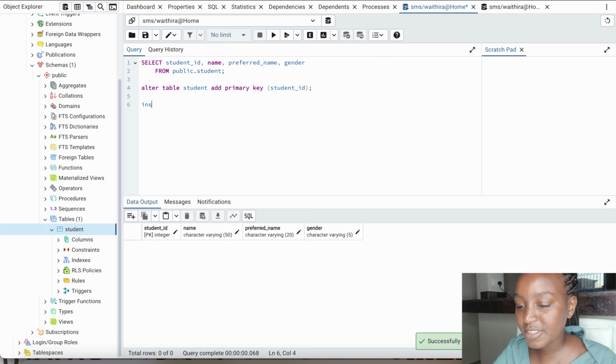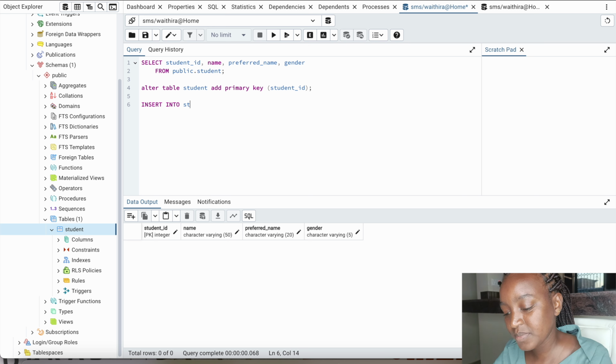So insert, let me try and actually use capital letters. Insert into student, and here I'm going to specify all the values. Student ID, name, preferred, I think I'll leave out the preferred name. I'll also leave out the gender. Values,